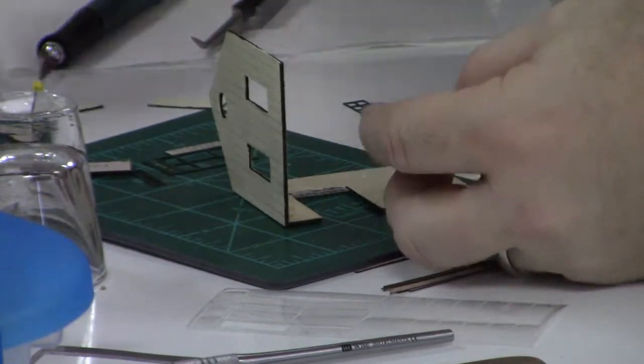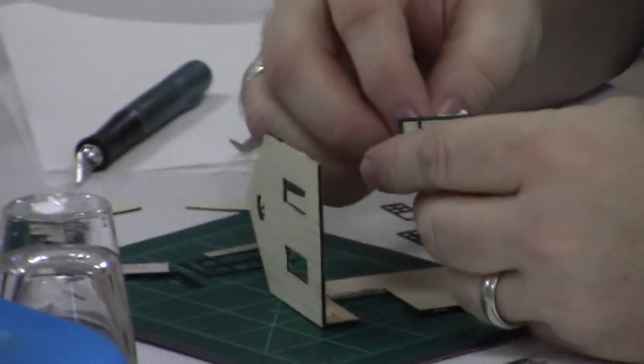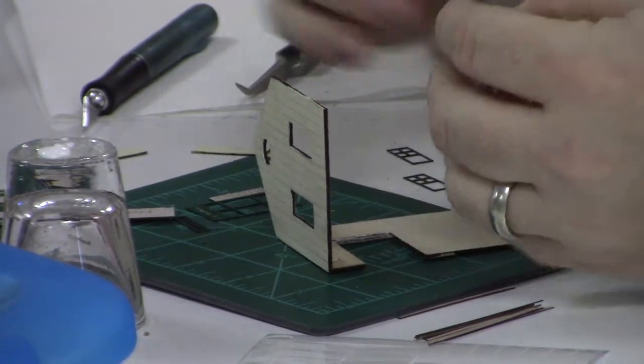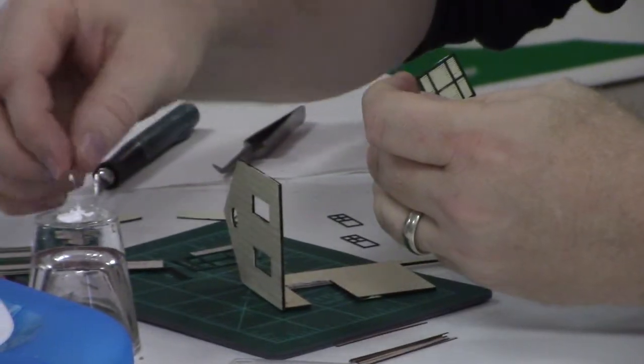So what I'm going to do with the door is put the glue along the sides of the door. I'm not going to worry about the top of it, because again, I don't want to worry about any squeeze out along the windows there. And I'm maybe putting a little more glue on here than I really need, but it's always good to...